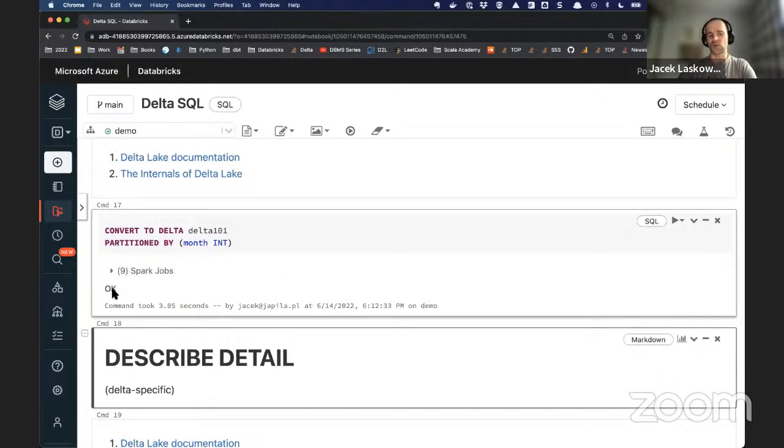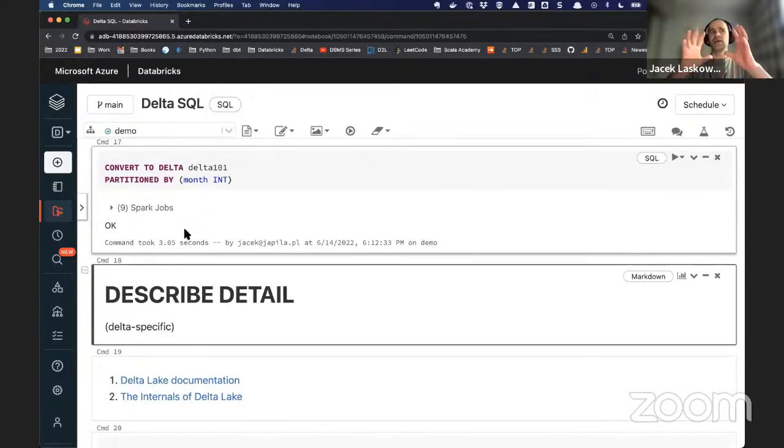So yeah, it went perfectly fine, and my very first Delta Lake table was created based on an existing Parquet table, and that's the first takeaway of the session, that you can convert any existing Parquet tables into this Delta format. And the only difference between a Parquet table versus a Delta table after this convert to Delta is just a single directory